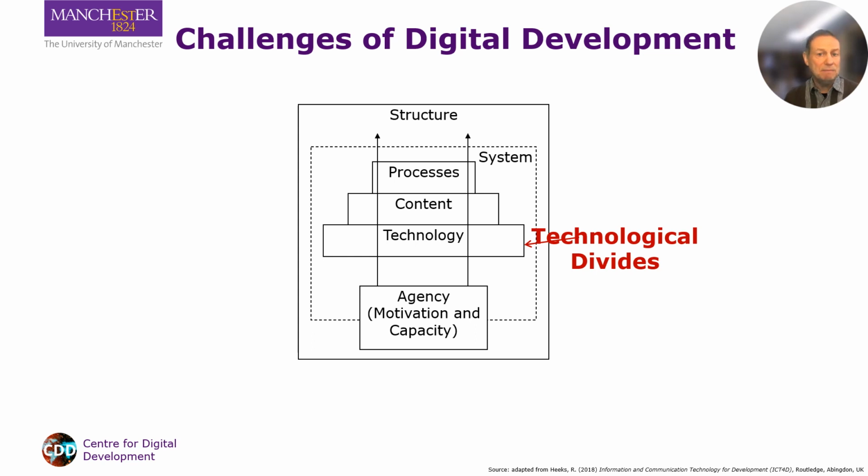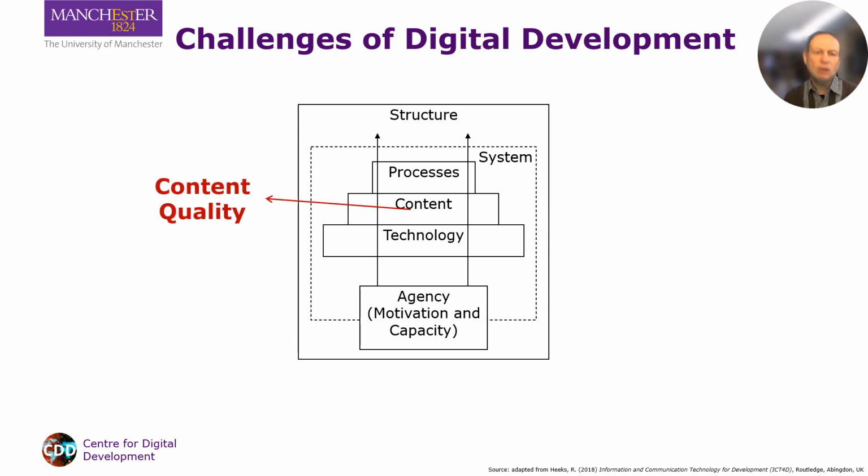For example, many millions in the global south still lack the electrical and internet infrastructure and devices necessary to engage with digital development. Content quality can be an issue because almost anyone can contribute data content on social media, meaning it may be difficult to trust the quality of that content, hence the spreading concerns about misinformation and deepfakes. The result is that we see a number of patterns with digital development at the moment.